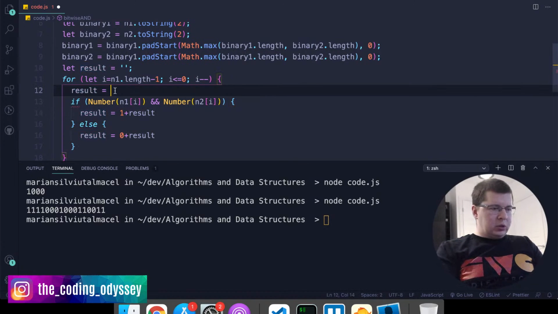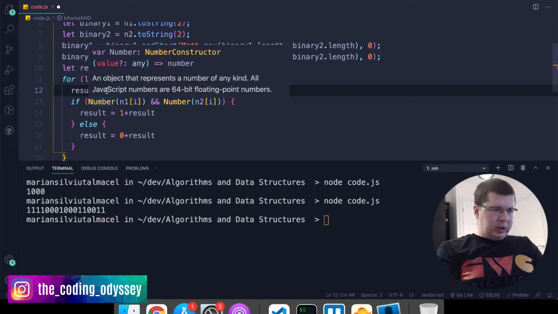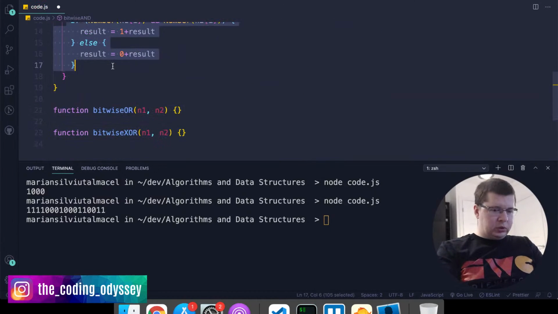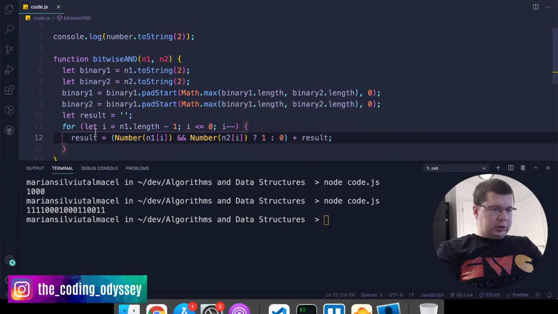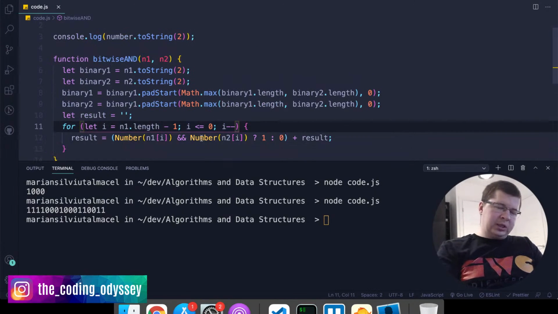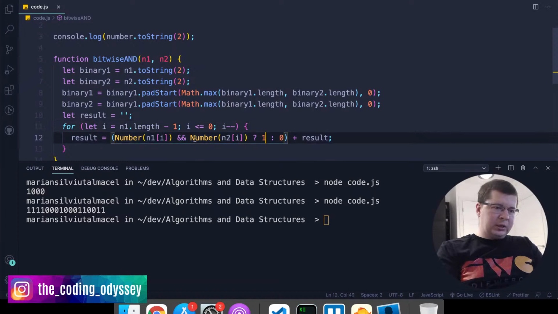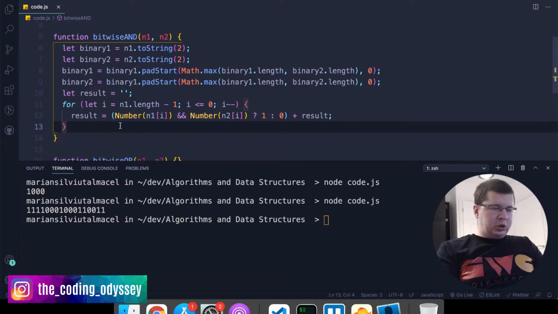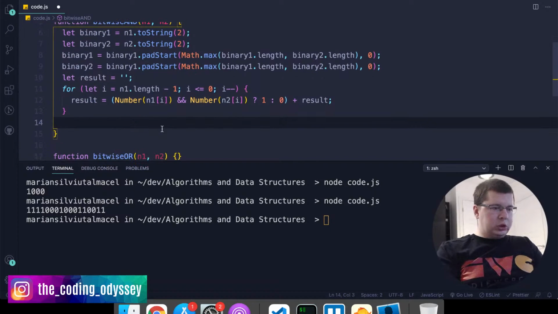So here what we're going to say, if this is true, then we want 1, otherwise we want 0. So basically here we're making 1 or 0 depending if this is true, and then we want to say plus result, and then we can delete this. So basically at the beginning of result we're adding 1 if this is true and 0 if it's not, right? And now at the end we have the result in binary and we want to return it